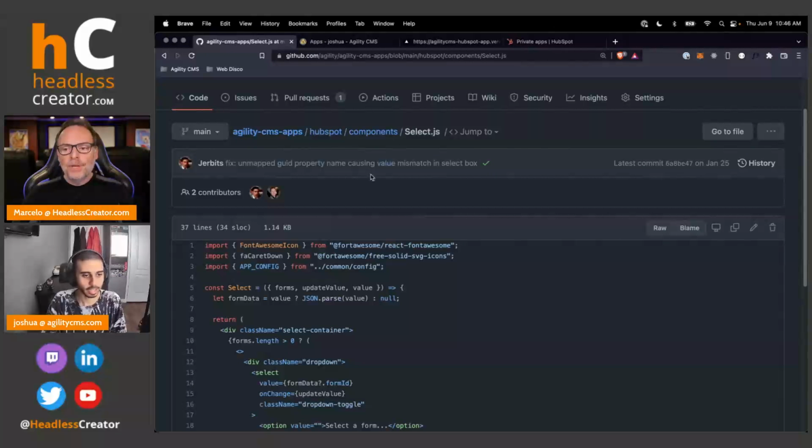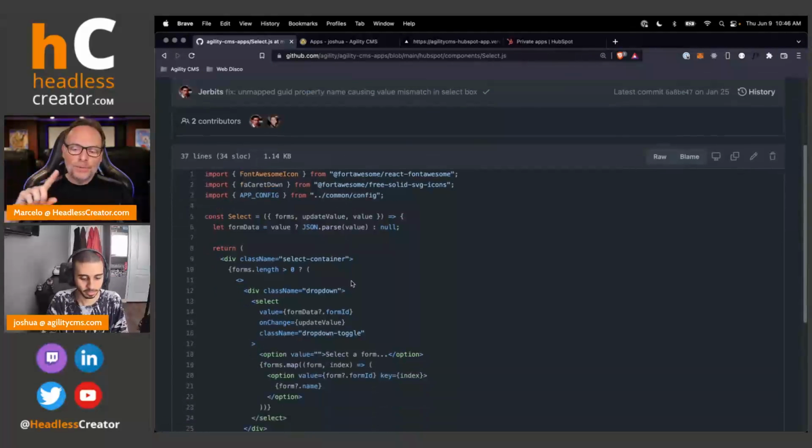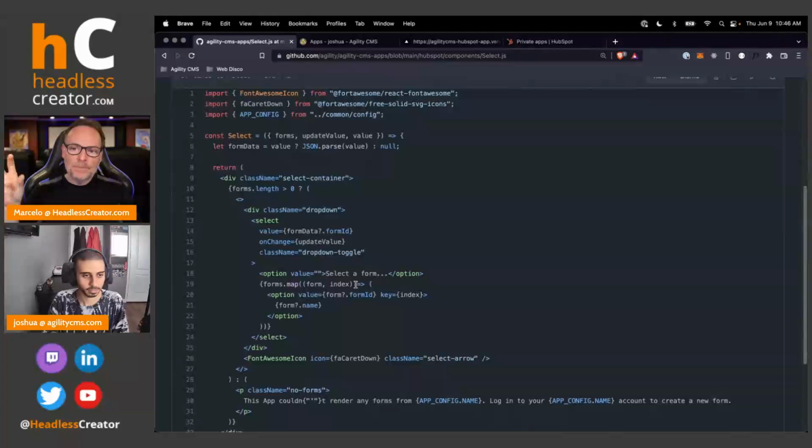Quick question for you. So this is a one-way communication. In other words, we're getting the stuff from HubSpot and storing it in Agility, correct? Correct. Right. Can we also send Agility